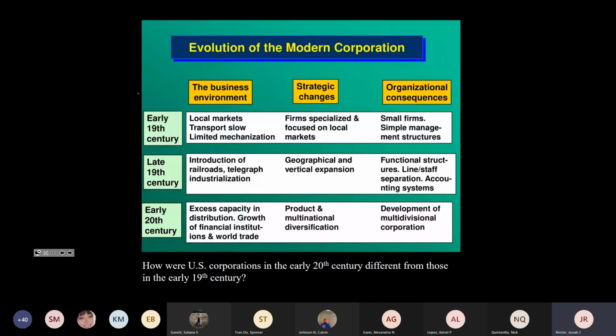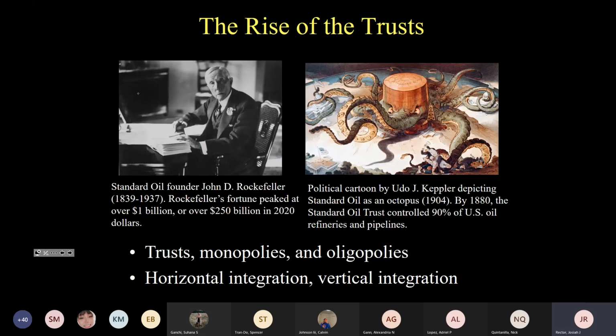In the second half of the 19th century, corporations become larger. They introduce more divisions. There's more layers of management, right? And you have a separation between typically a board of directors, different layers of management, supervisors, and then workers. Corporations also open divisions that specialize in things like marketing, right? They need legal departments. Moreover, corporations expand through a few different tactics. The creation of trusts, monopolies, and oligopolies, horizontal integration, and vertical integration.